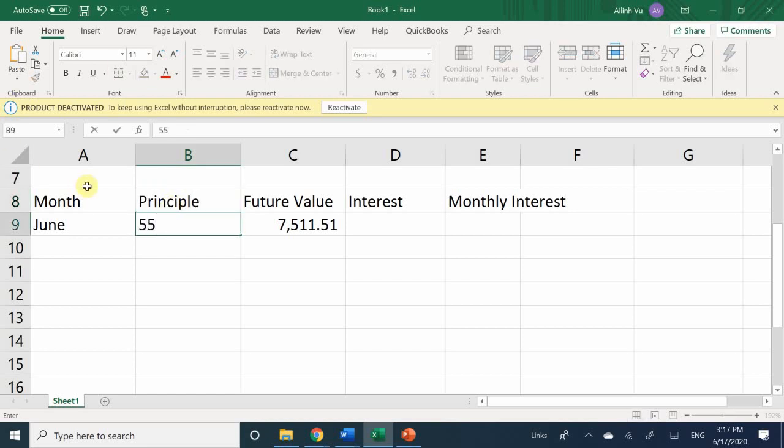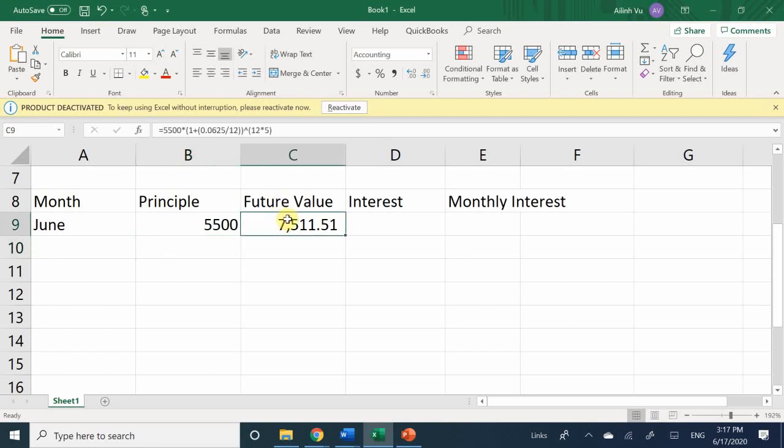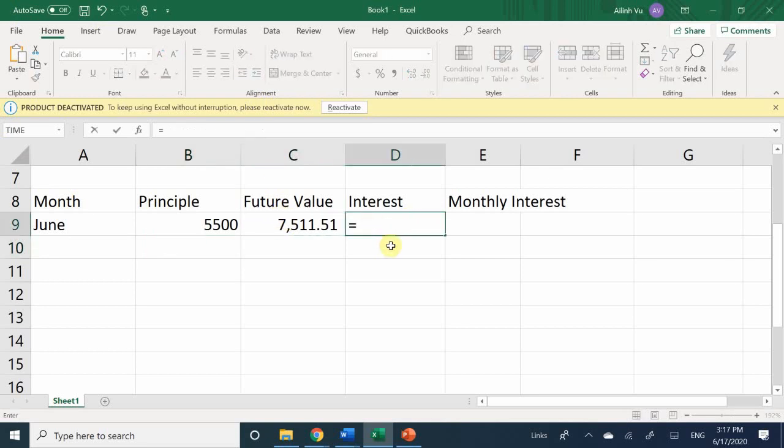So if my principal was this much, right? Okay. So this is my new future value. And then my new interest is going to be 7,511.51 minus my 5,500. So my total interest for the total of 5 years is going to be